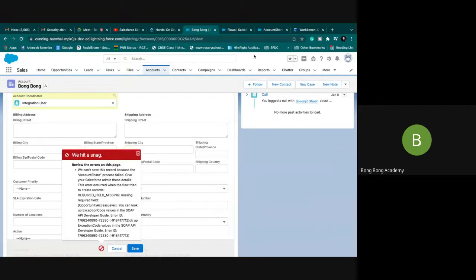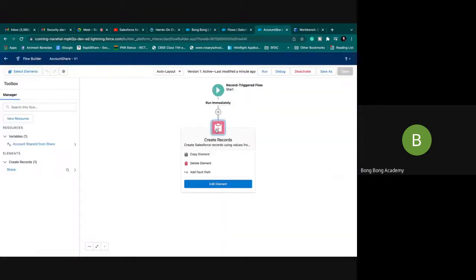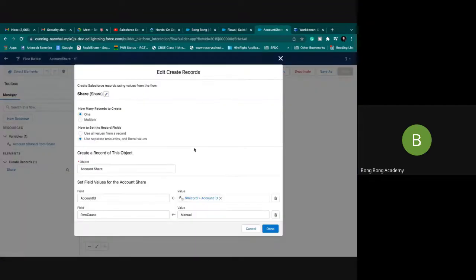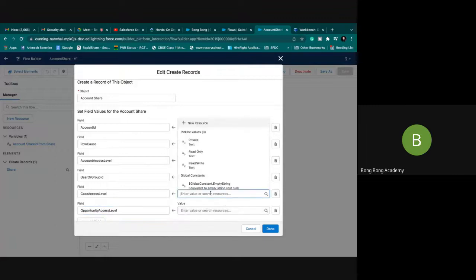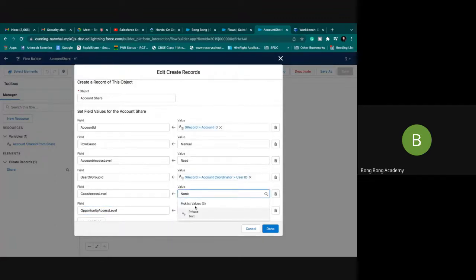Okay, opportunity and these values I forgot to give. I have to give these two values also. Case access and opportunity access. Let's keep them private.